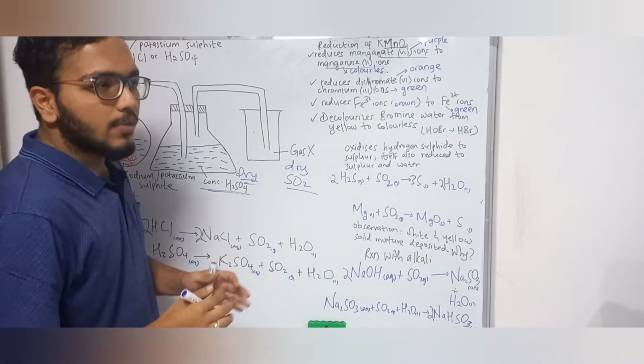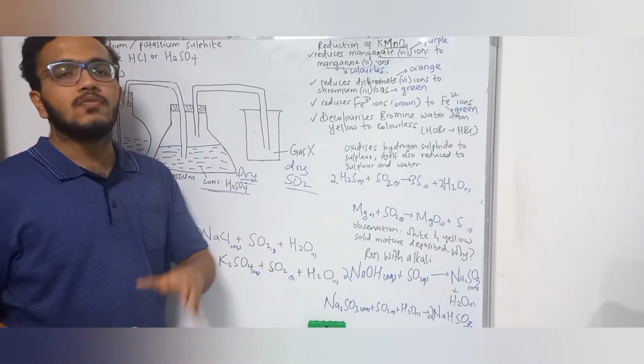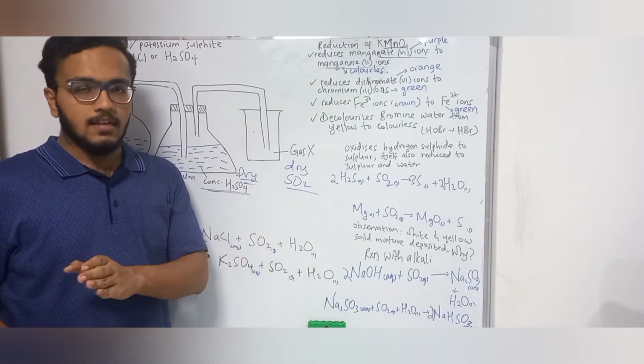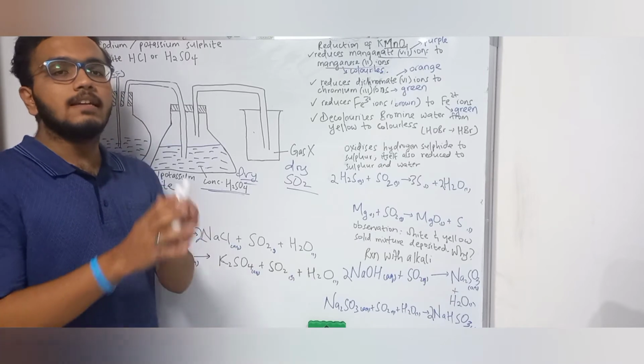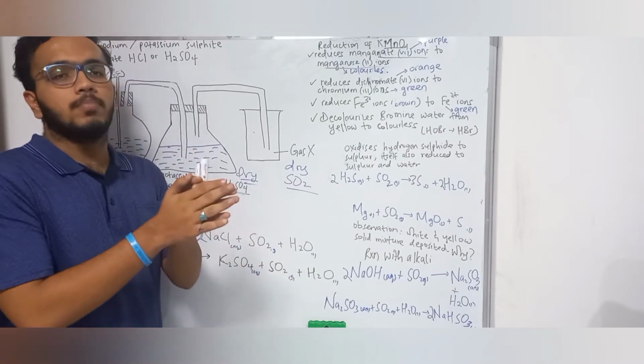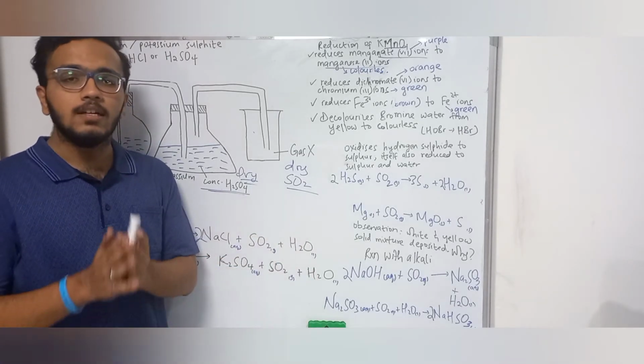So when SO2 is bubbled through potassium manganate 7, it changes from purple to colorless. Why? Because SO2 reduces manganate 7 ions, which are purple, to manganese 2 ions, which are